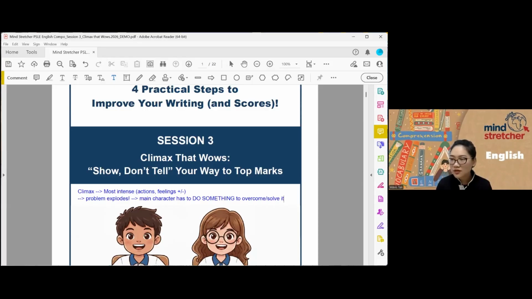Right? If he saw a robbery and he just simply walks away, you have no more composition, right? That's the end of the story. So we must make sure our character does not just walk away. Our character has to deal with the problem. Okay, so you're right to say that yes, the character has to deal with the problem over here.